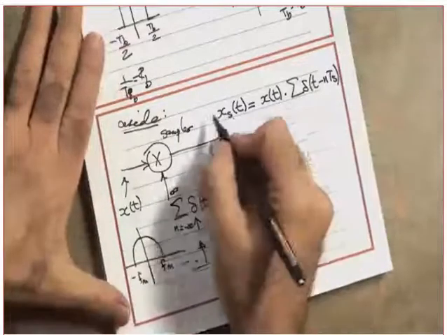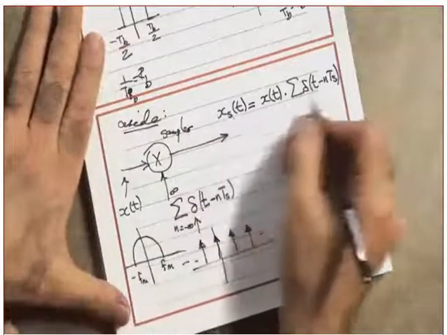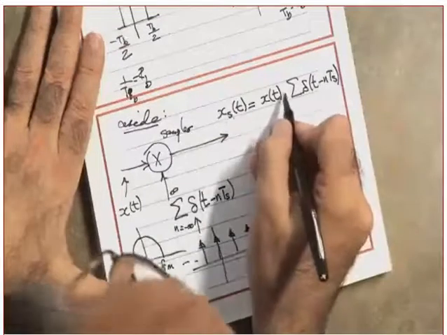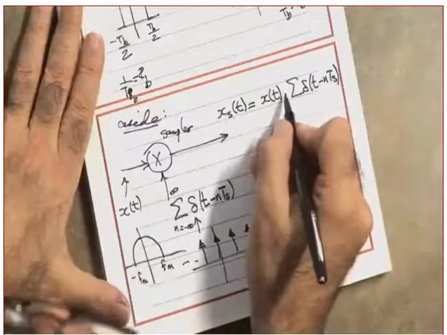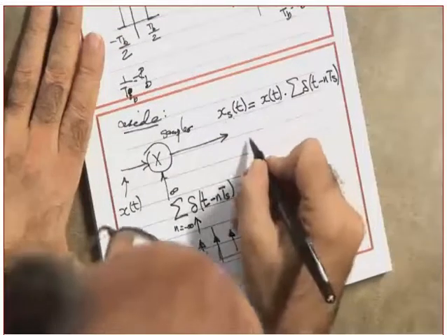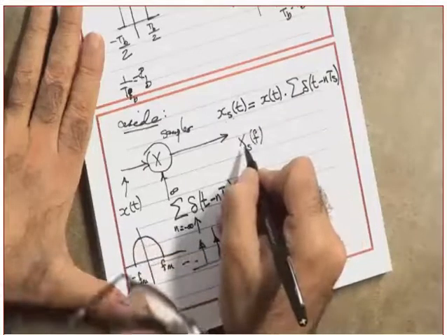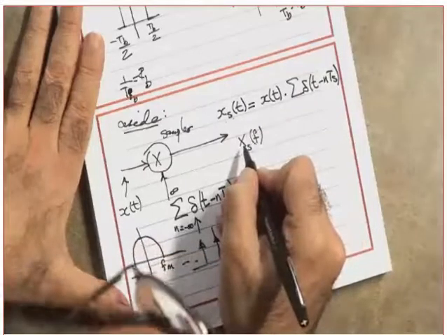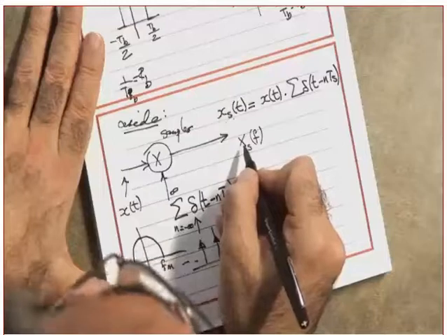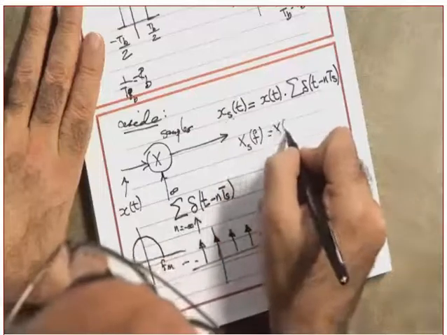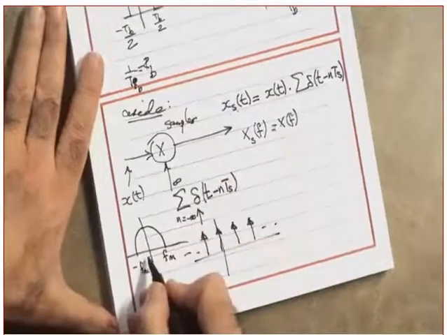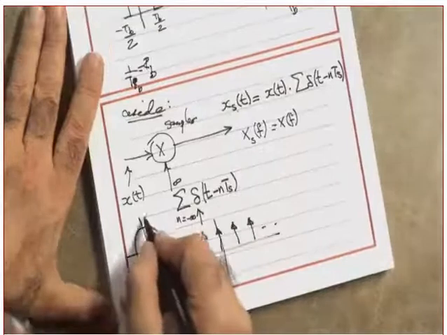First of all, can I take the Fourier transform of both sides? Multiplication in the time domain corresponds to what in the frequency domain? So what do I have? Xs of f, the spectrum of the sampled signal, is X of f, which is the spectrum of the original baseband signal,